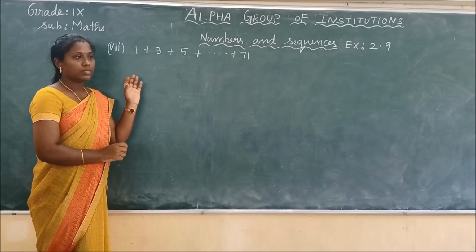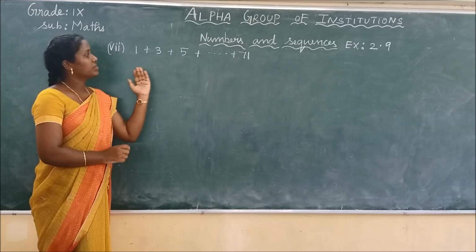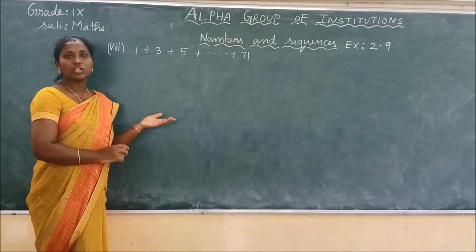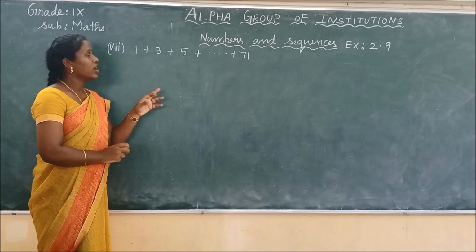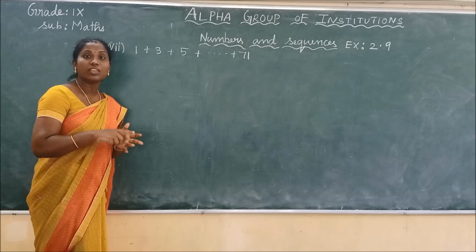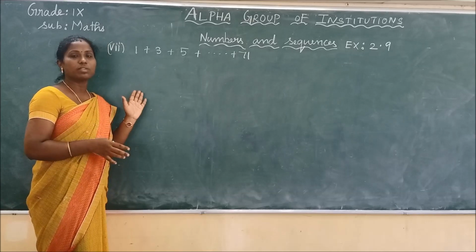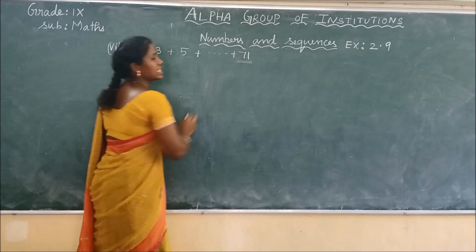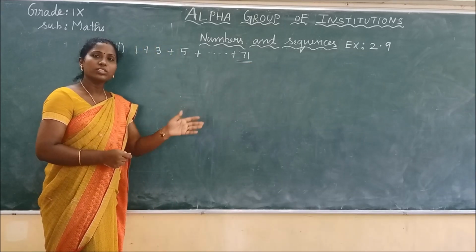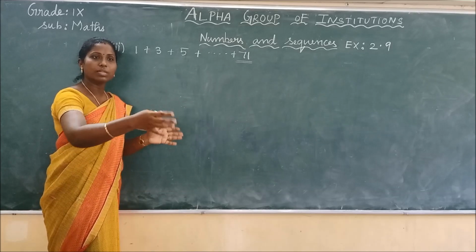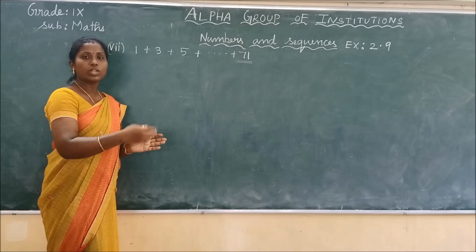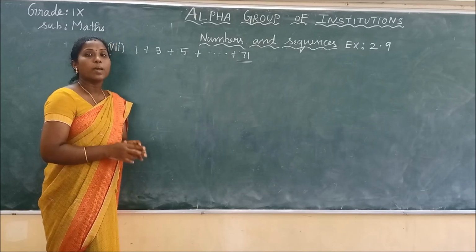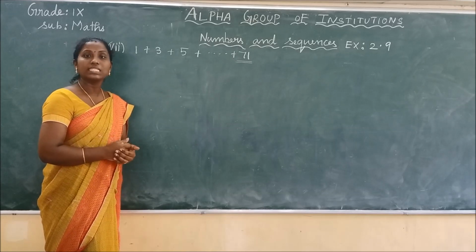Now, what is the series here? Whether it's continuous natural numbers or squares of natural numbers, what is it? Here we are having the odd numbers 1, 3, 5. Only the odd numbers are there, but it starts from the first natural number. For other series, we always take the last number as n because we are having continuous natural numbers 1, 2, 3 without a break. The last number is the number of terms. For example, if I am taking 1, 2, 3 up to 72, the number of terms in the series is also 72. But here you should not take the last term as n.